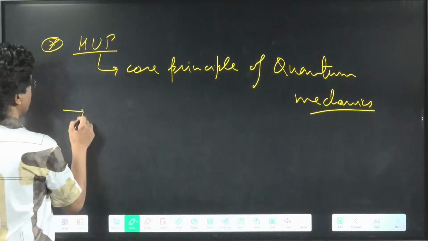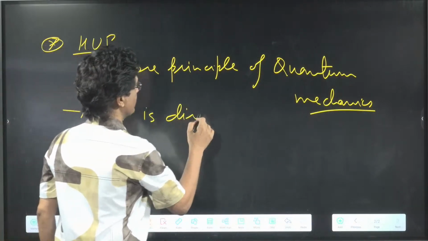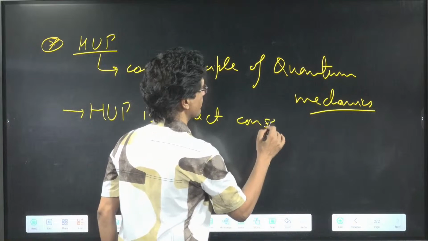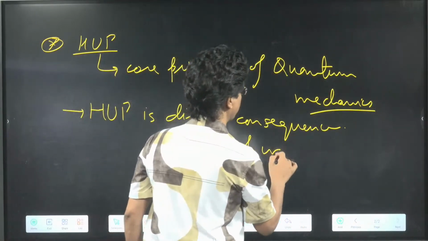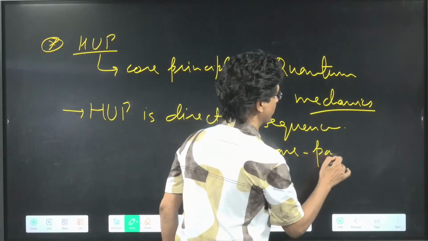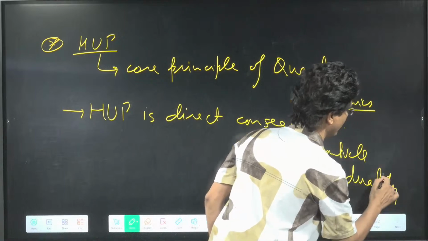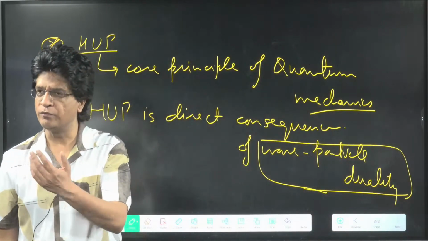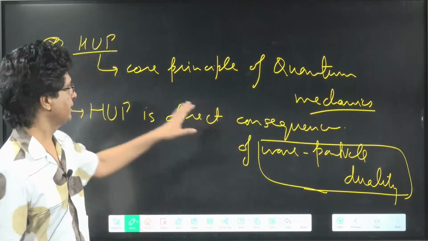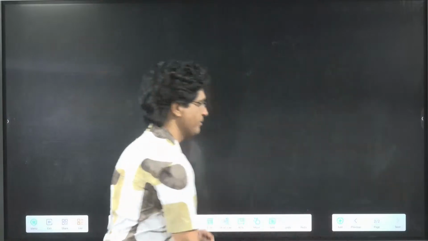Secondly, this HUP is a direct consequence of wave particle duality. If you remove wave particle duality, then this Heisenberg principle also goes down. Say, for example, why I'm saying so,